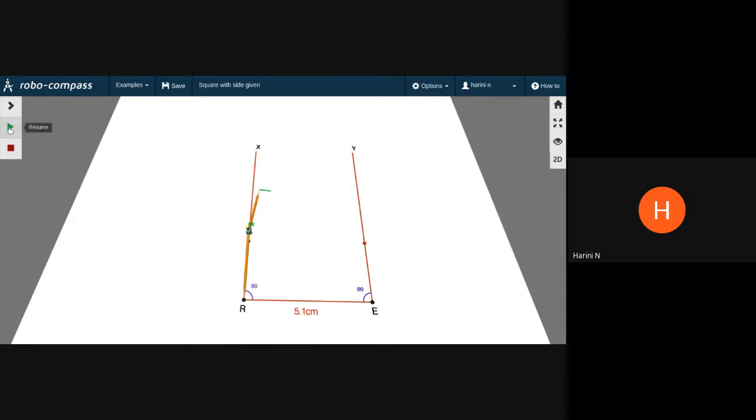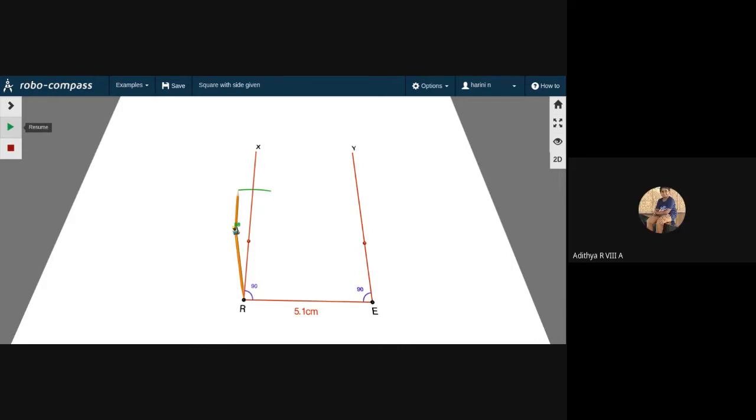That is exactly what is happening here. Can you see the step at R? You have taken a radius of 5.1 centimeters in your compass and you have cut the arc. So with R as center and radius 5.1 centimeters, cut an arc to intersect the ray Rx at D. Because from R to D, the distance is 5.1 centimeters. From your rough diagram, you should be able to see that. Can you guess what will be the next step?